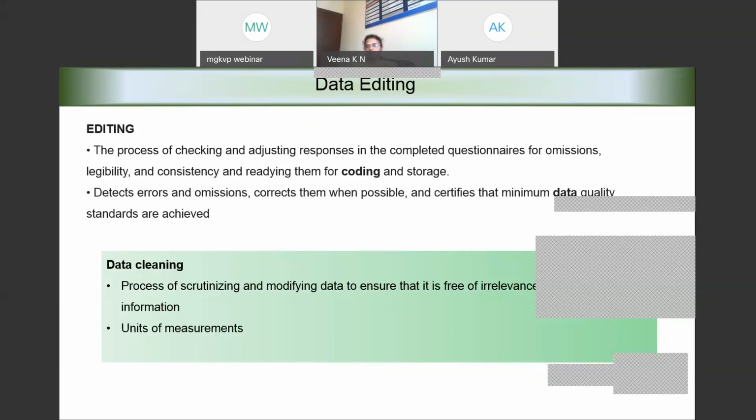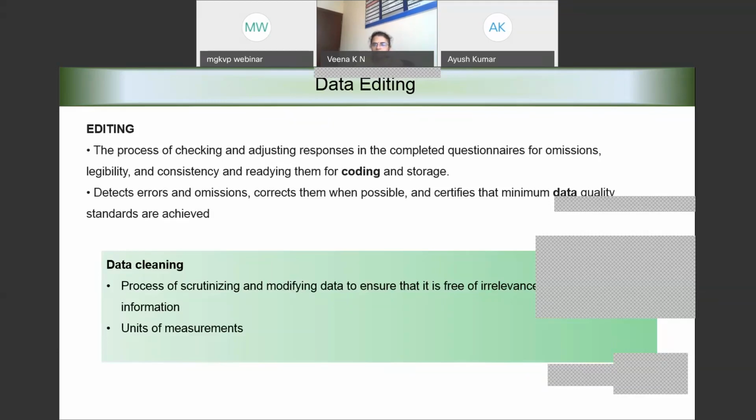In spite of taking all the precautions, there is definitely a need for data cleaning before we do the analysis. So that stage between completion of the data collection and the start of the data analysis is data editing. And here, these are some of the things that we need to keep in mind.